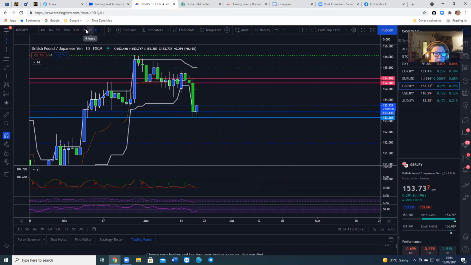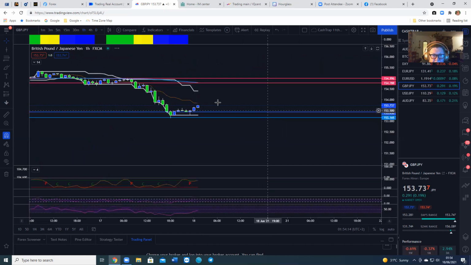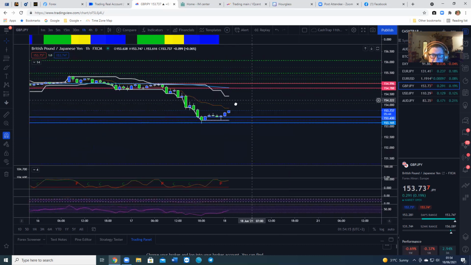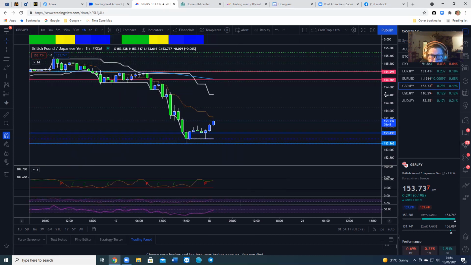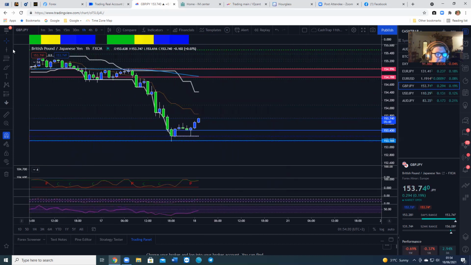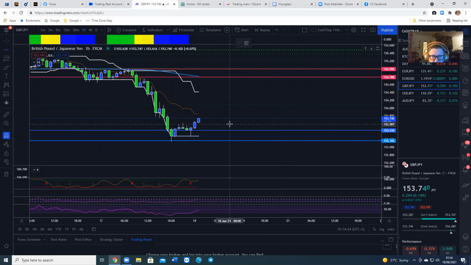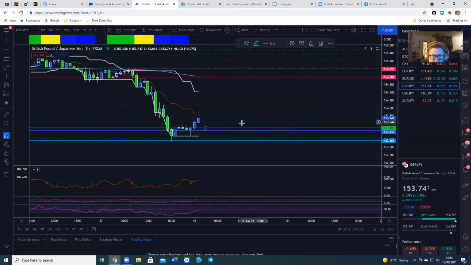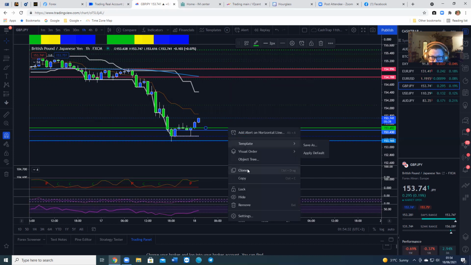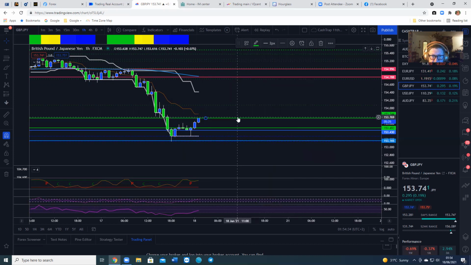And I'll come to the hourly and do the same on this one. So horizontal line there. I'll make that green. And I'll make that one